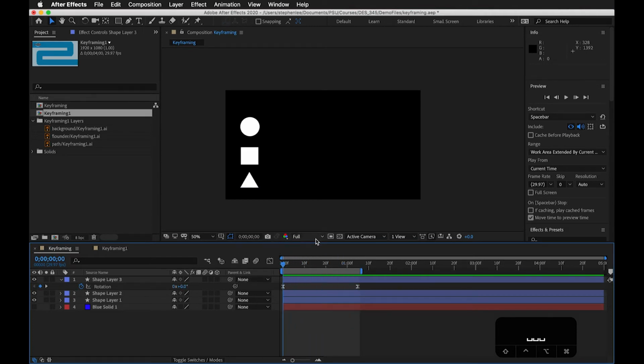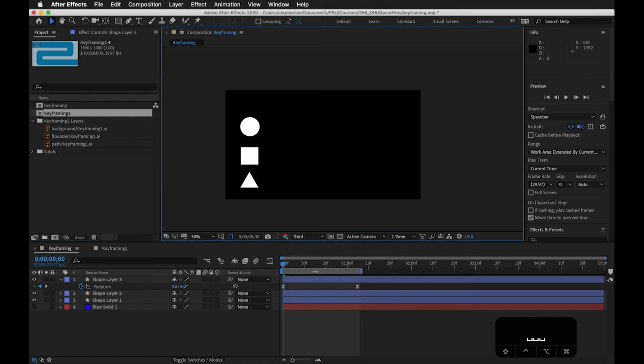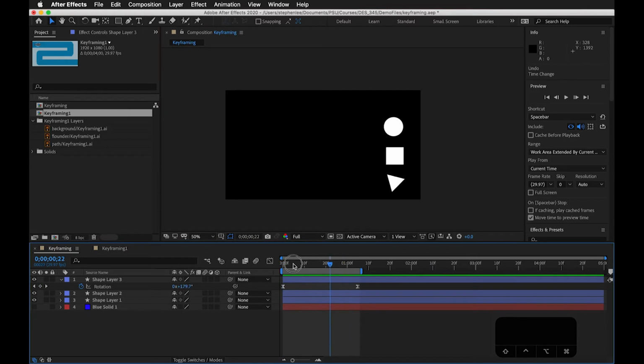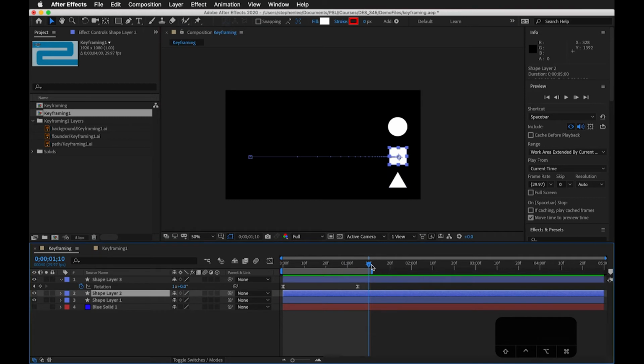You could also change the resolution lower so you get a faster preview. So let's set the render region. We don't need the full 5 seconds. We can actually click and drag this, or there's a keyboard shortcut. The letter N is going to bring the ending of this render region here. So if we just want to render this part out,